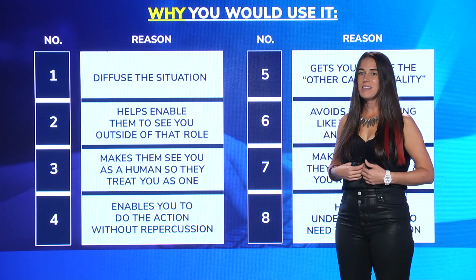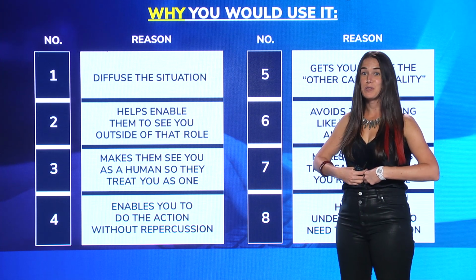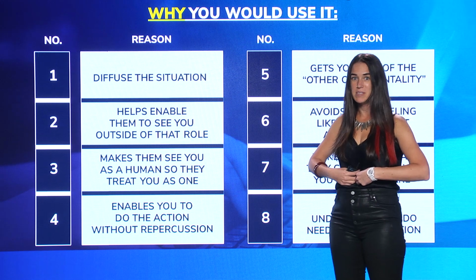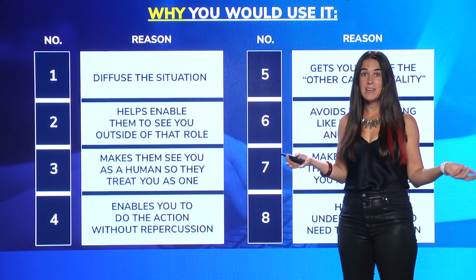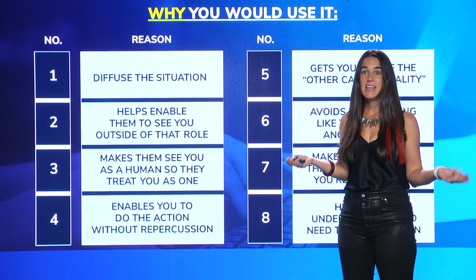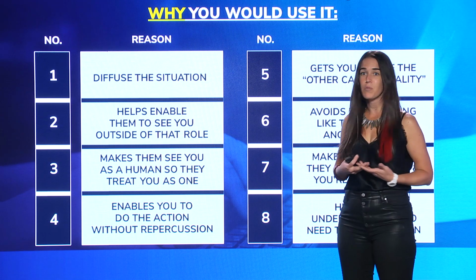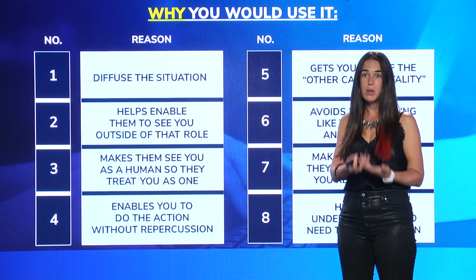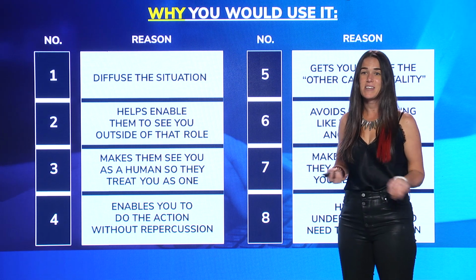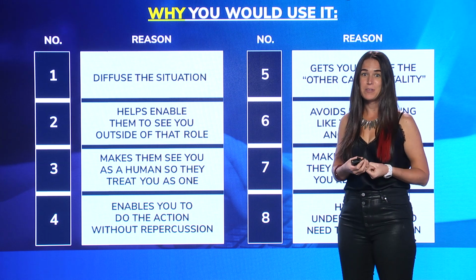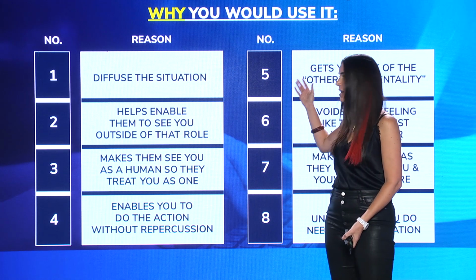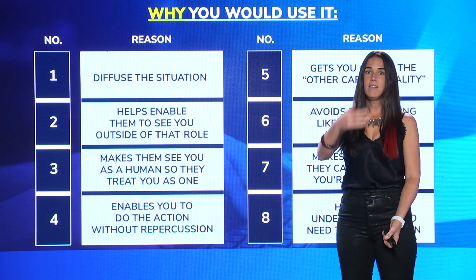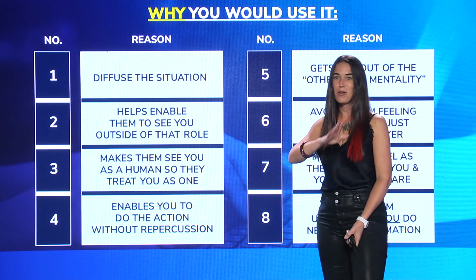So if you are, let's say, working at Costco and you're in the customer service branch of the business, you don't typically make the decisions on what the rules are. Sometimes you have to end up enforcing rules that you don't agree with. And so classic role diffusion helps you communicate that essentially you didn't make this decision and that you don't really want to be the type of person that has to do this, but you have to do it. And so it almost outsources the onus of what you're about to do, but it helps enable them